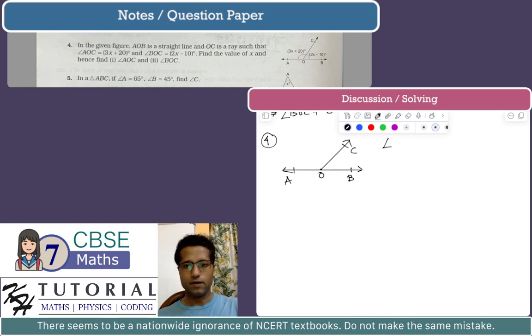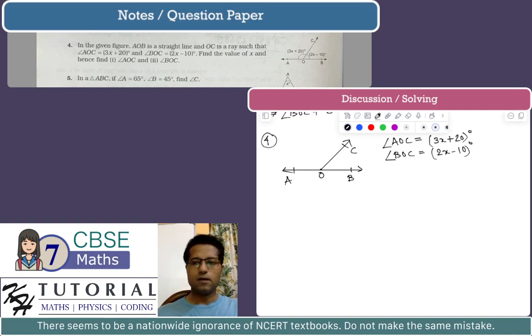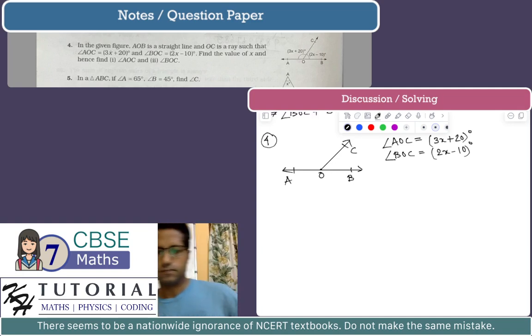in the given figure, AOB is a straight line and OC is a ray, such that angle AOC is equal to 3x plus 20 degree, and angle BOC is equal to 2x minus 10 degree. Find the value of x and hence find AOC and BOC. Okay, so